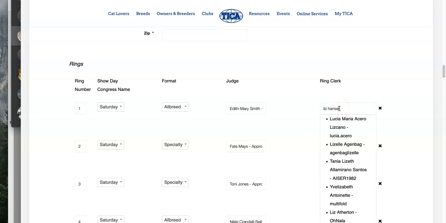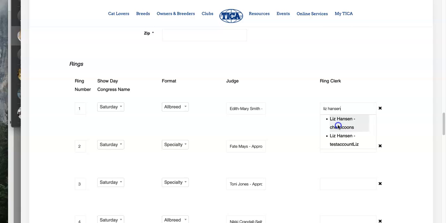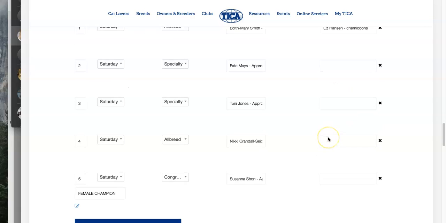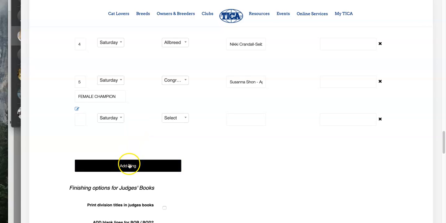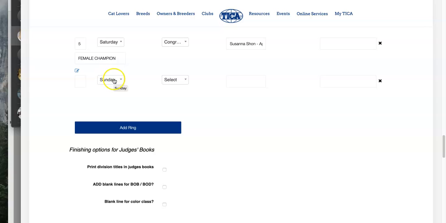I'll go ahead and just put my name as a ring clerk. I have to look myself up, and that would then give them access. If you want to add more rings, you just keep clicking on that. Now I want to go to Sunday and do the same thing. Just be careful, again, the default will be the first day most often, so check your dates, check everything real